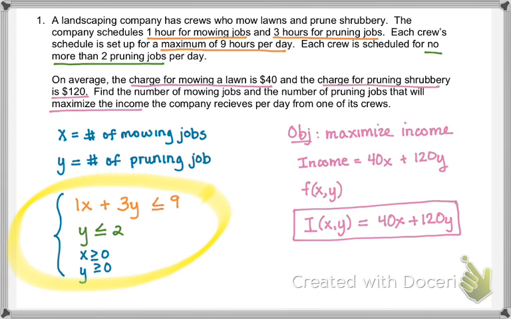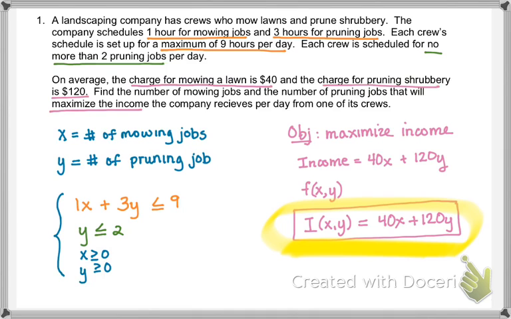On your graph, you're going to shade the feasible region. You might have to rearrange the first inequality to slope-intercept form. Graph, shade, and then once you shade, remember the shaded region represents all the possible solutions. And we want to see which one will make the most amount of money for me by testing it into